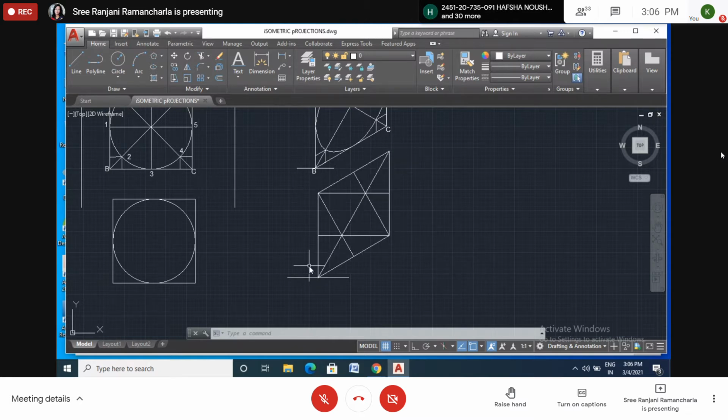After drawing the longer diagonal, from the shorter diagonal corner, this corner, draw the line to the center of the opposite line. And similarly from this side also, draw the line to the center of the opposite line. And similarly this direction also. So like that we have to draw. Now we have to join all the points.